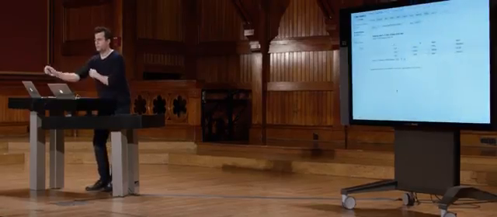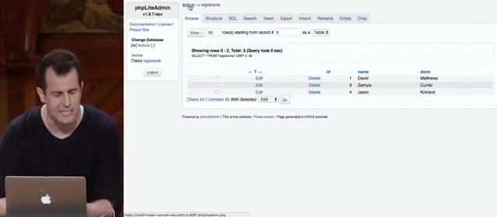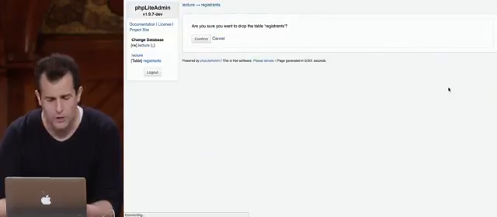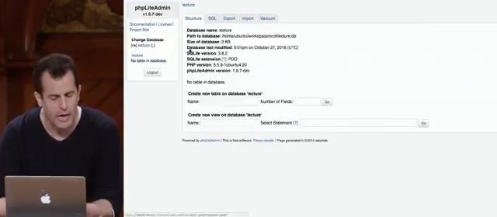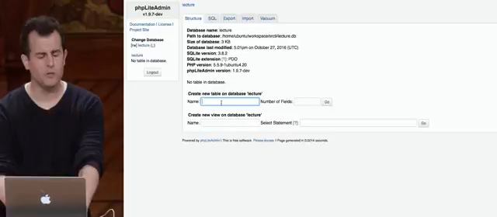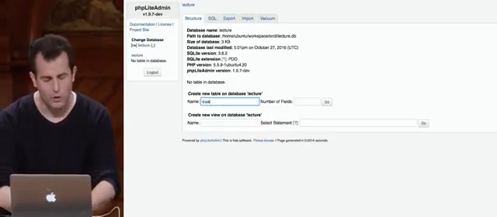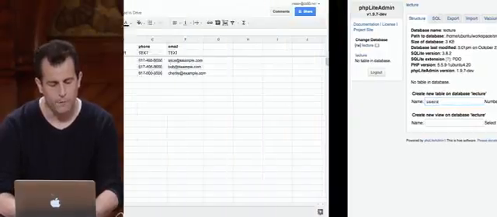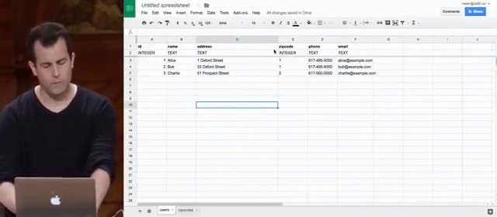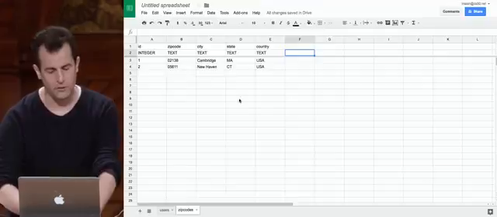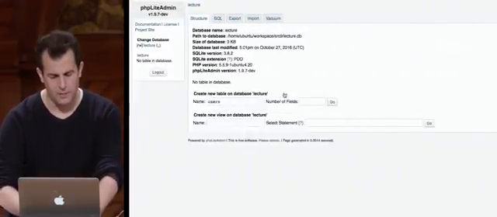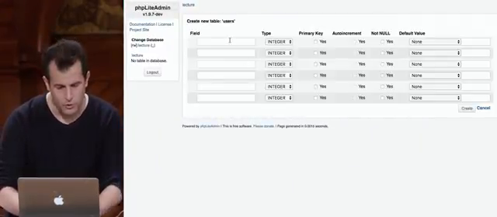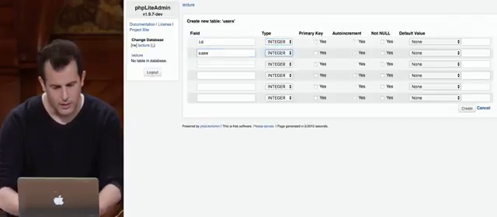I'm going to use phpLiteAdmin, just because it makes things nice and easy here. I'm going to drop my registrants table, because that story is over. And now let me create a couple of tables, the first of which I'm going to call, what did I call it? Users. And number of fields, I'm going to need 1, 2, 3, 4, 5, 6 fields. So let's do that. So 6 fields, and those are going to be ID, name,